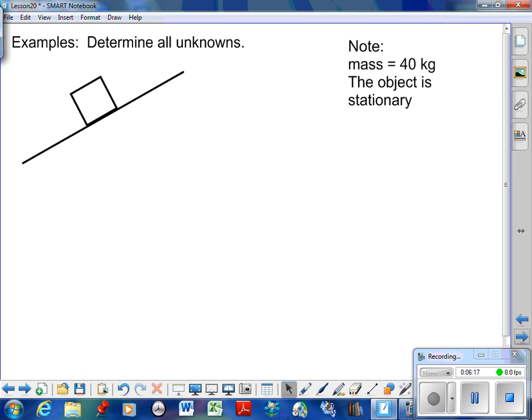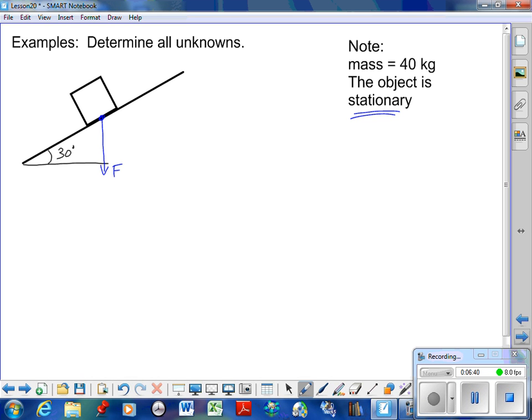Determine all unknowns. So I've got to give this an angle here. Let's just add an angle of, let's call that, looks like 30 degrees to me. And over here it tells us that the mass of the object is 40 kilograms and the object is stationary. So what is involved here? Well,